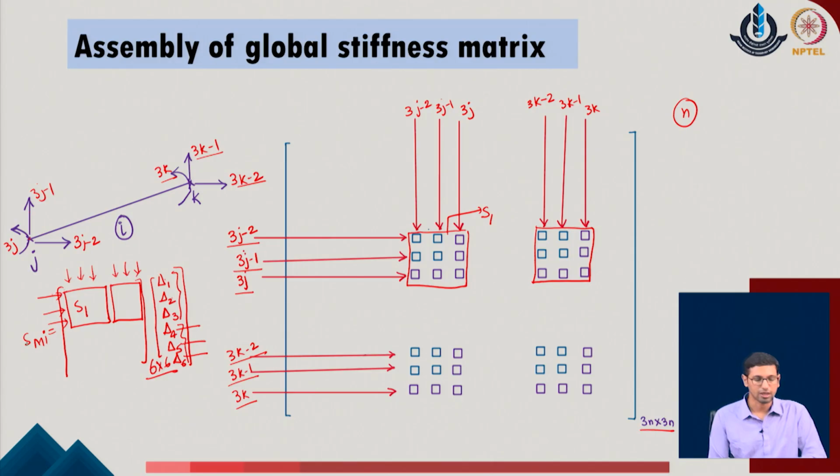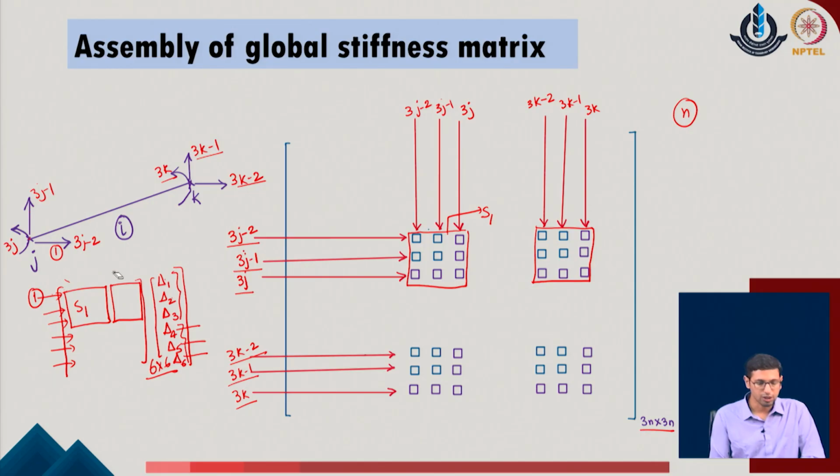Okay. So, again I will repeat this part: in the stiffness matrix which is defined for any member I, the individual rows typically describe the equilibrium equations of the system. So, if I say that the first row is defining the equilibrium equation with respect to the first degree of freedom in the given system, this is the equilibrium equation corresponding to that. Now, this equilibrium equation will be defined in terms of all the possible degrees of freedom of the given system. So, it will have the contribution of the degrees of freedom delta 1, delta 2, delta 3, delta 4, 5 and 6 of the given system.